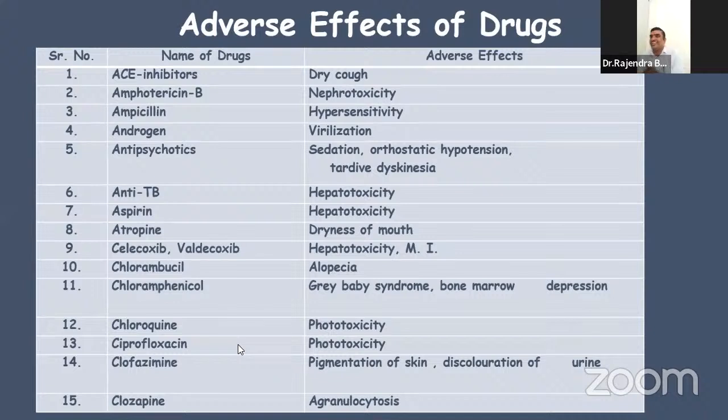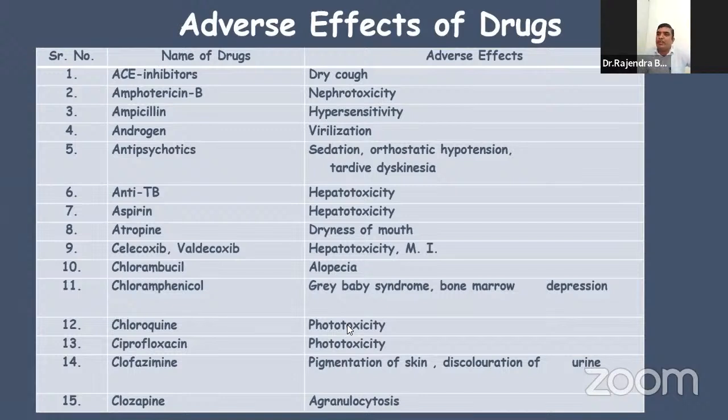Gentamicin. Again, why I? Why not Y? Which are the Y? Streptomycin, MYCIN. Kanamycin, MYCIN. Why is there a MYCIN? Because streptomycin is obtained from the